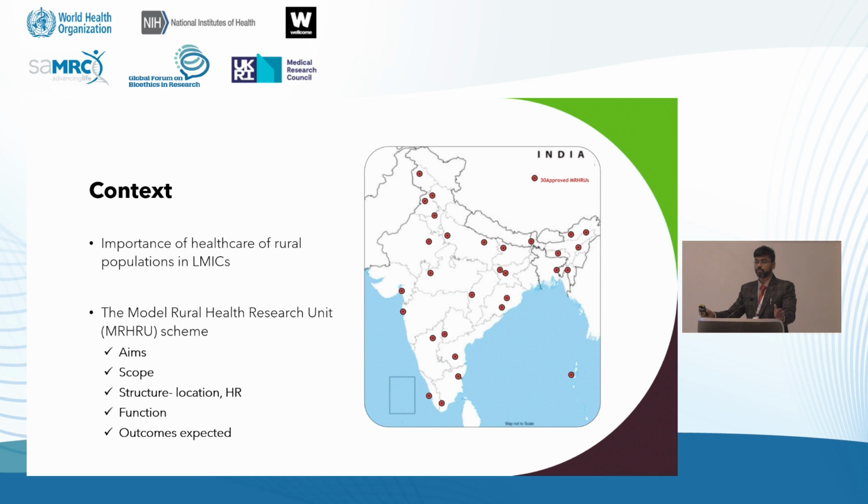and we attempted to have a common priority setting exercise at the national level, because the scheme's goals and the scheme's objectives remain the same for all of these MRHRUs. The aim of such units across the country is to provide a platform for research among rural populations, because there was a feeling, that I think previous presenters also emphasized, that there is a feeling, at least in South Asia, that there are very overrepresented populations for research that are being seen in most of the studies from the region.